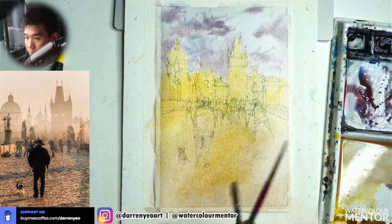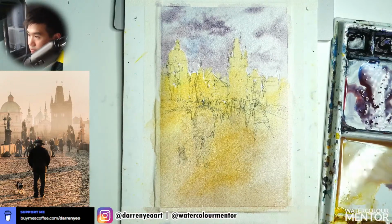All right. So that's your first wash. That is basically your first wash, and you know you've got a little bit of extra that you can do, but I think that should be good. We can get in everything else in the second